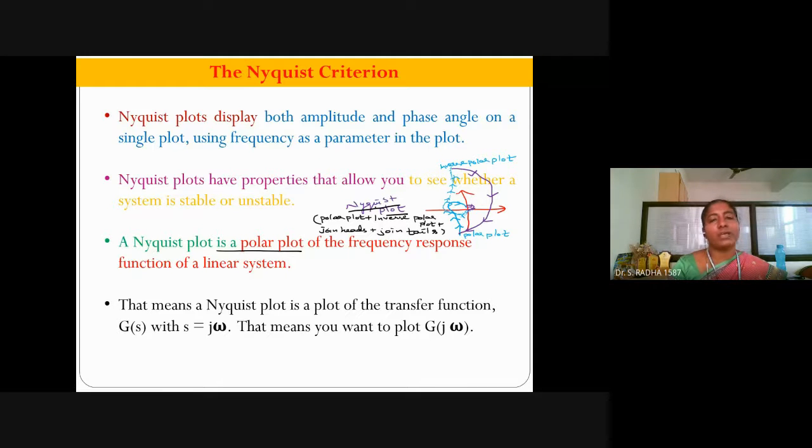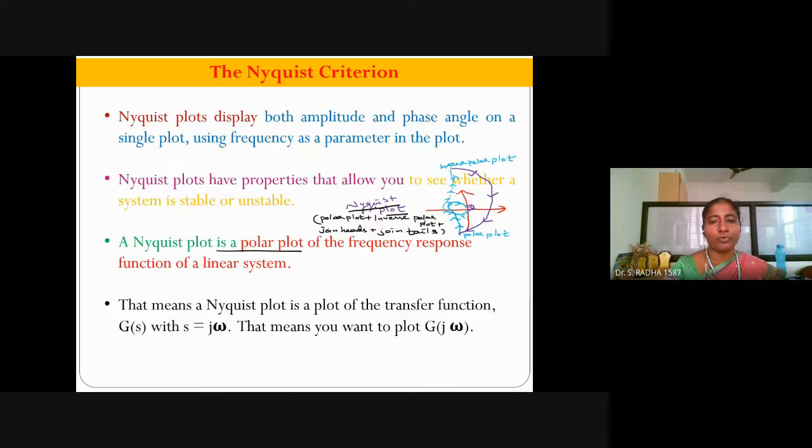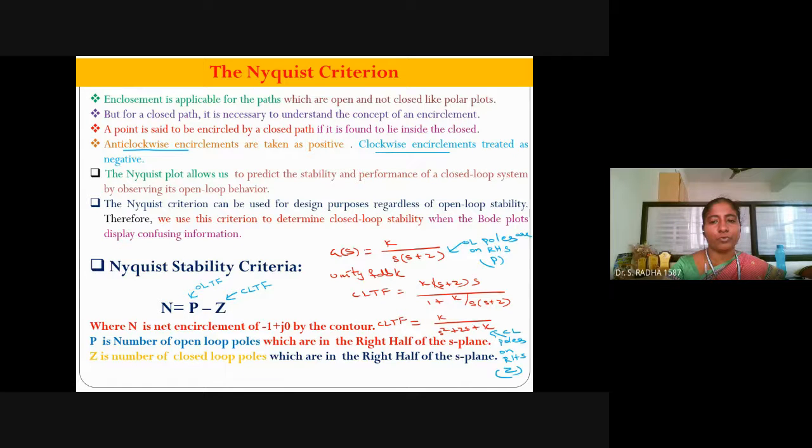In offline classes, we used to deal with at least one full problem. But in online classes, we cannot ask any questions, so I will go accordingly without dealing with the long procedure of how to draw the four sections in the Nyquist plot. I will go with the points required in this topic, the Nyquist criteria.